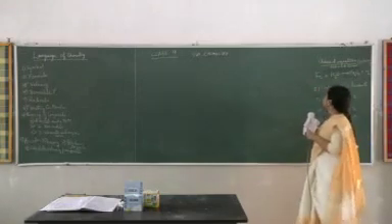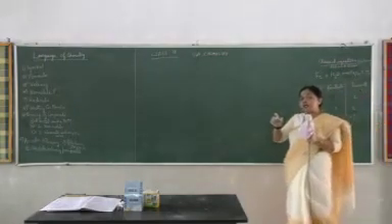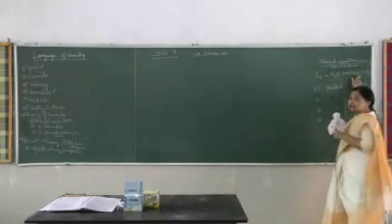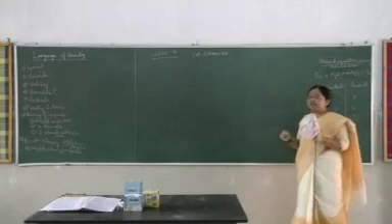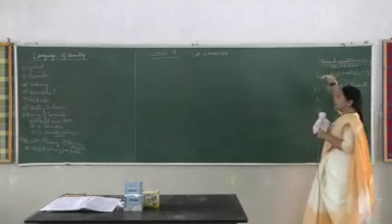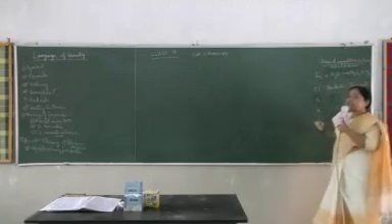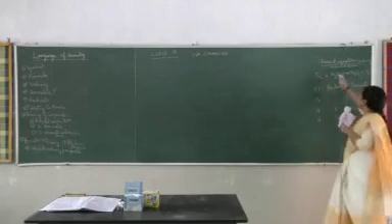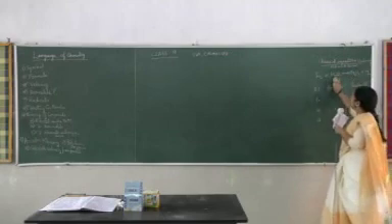Now, what are the parts in a chemical reaction? A chemical equation can be a word equation. If we write it in words: iron plus water gives the oxide of iron and hydrogen. We can write it in words, but conventionally it is written as a chemical equation. The chemical equation or word equation contains two parts. The left hand side is called the reactants, and the right hand side is called the products.